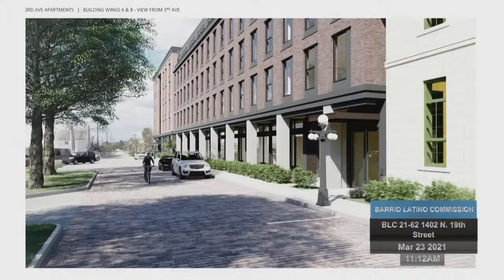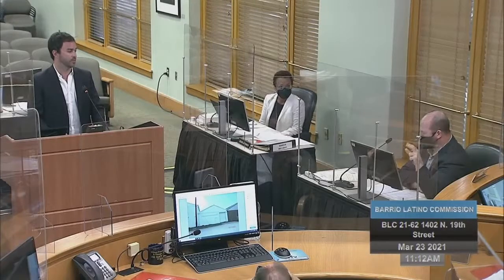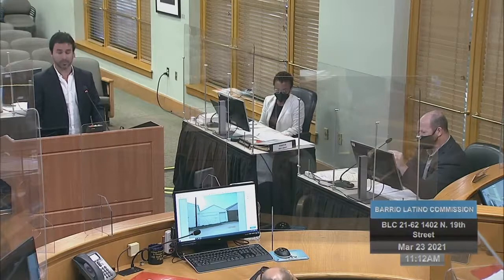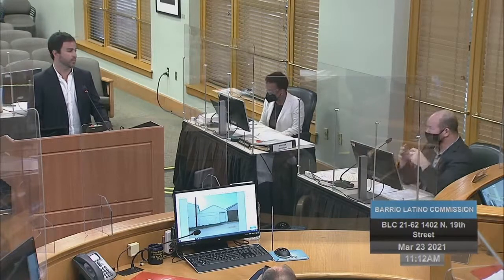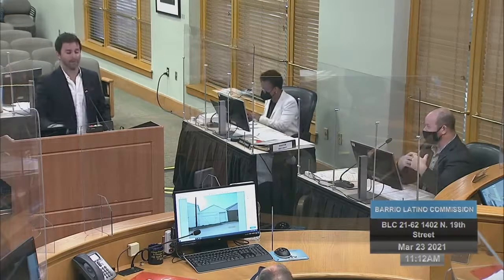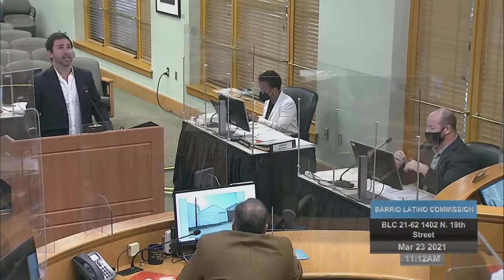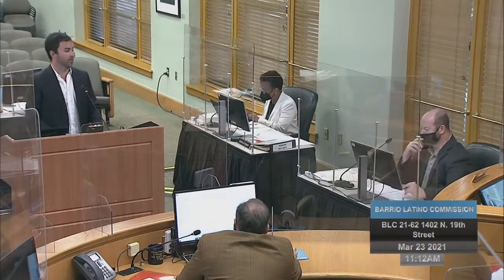So these windows, previous iteration, you had basically two rows of windows. They appeared larger, but you said they were the same size. Now that's an integrated aluminum window where the darkness is shown, that's like a solid infill, but it's all one masonry opening, if you will, right? Yeah, it's actually a little deceiving because you have a window